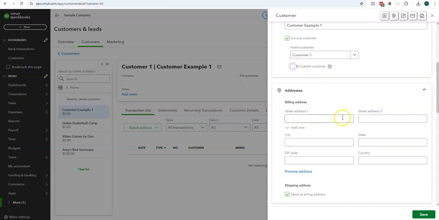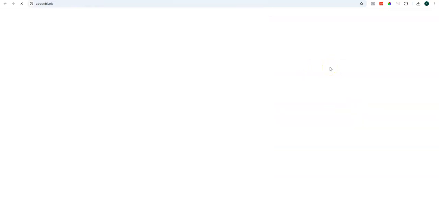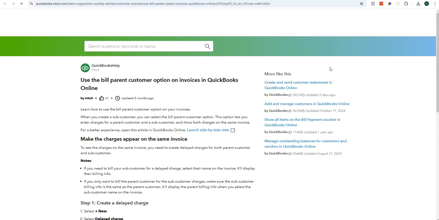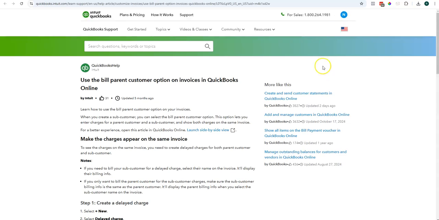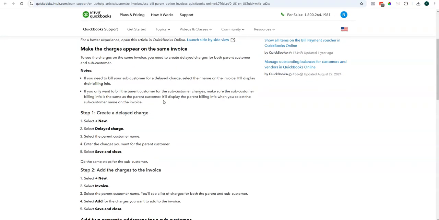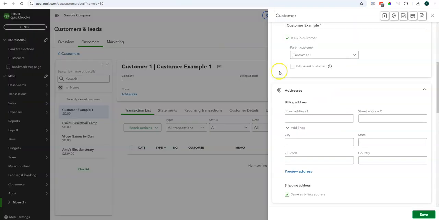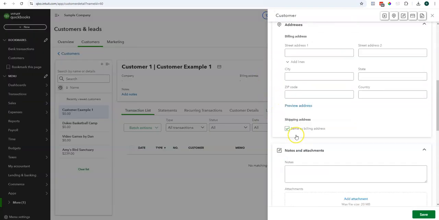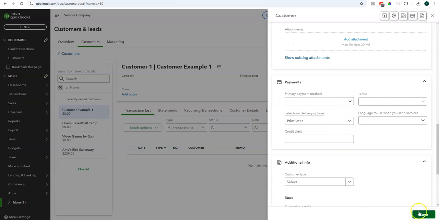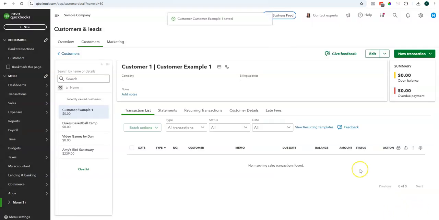I can say don't bill parent customer, which in this case, if you click on these little question marks, it's going to take you to information provided by Intuit to help you understand what that means if you click on that feature. All right, so I'm going to just hit save because I don't actually need to edit or add